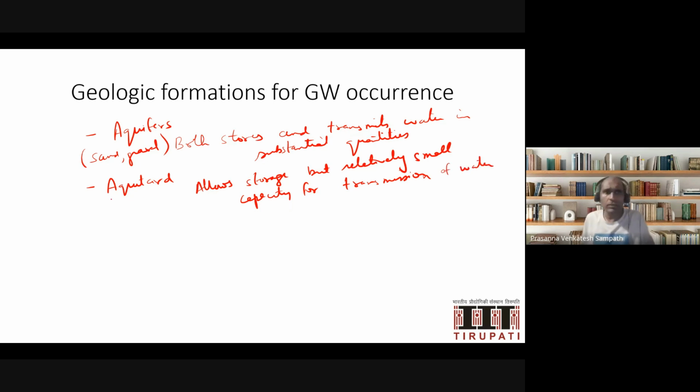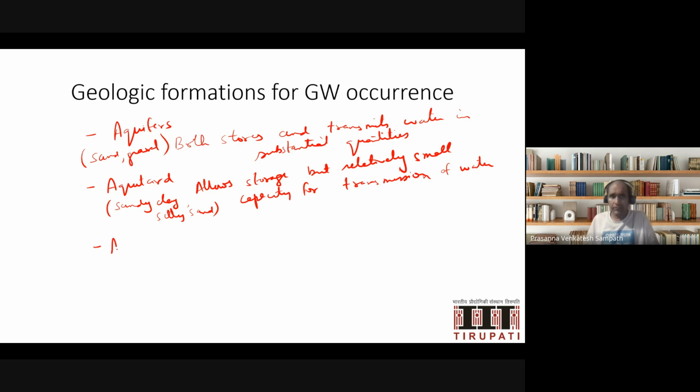This would be something like sandy clay, silty clay, and so on, or silty sand. These kinds of materials can be thought of as an aquitard, right? It comes from taking a portion of the word retard. Retard means not allow transmission, stops transmission, something like that. Okay, then the